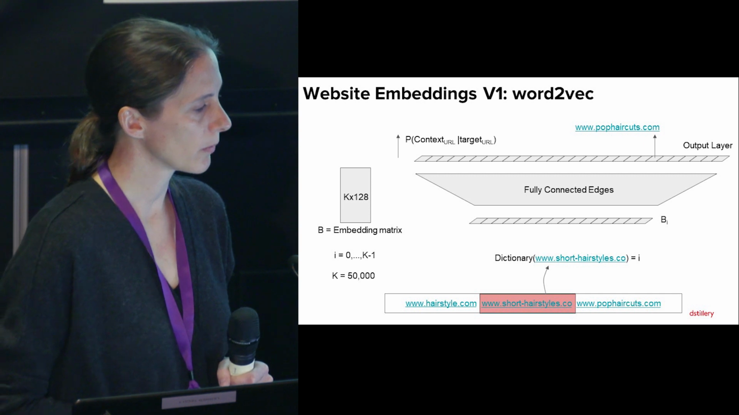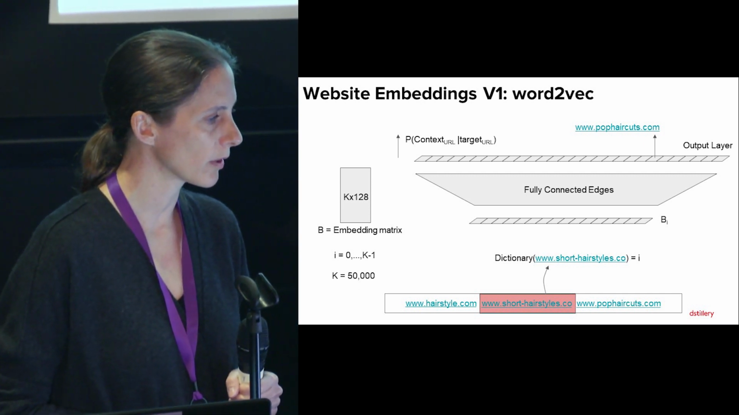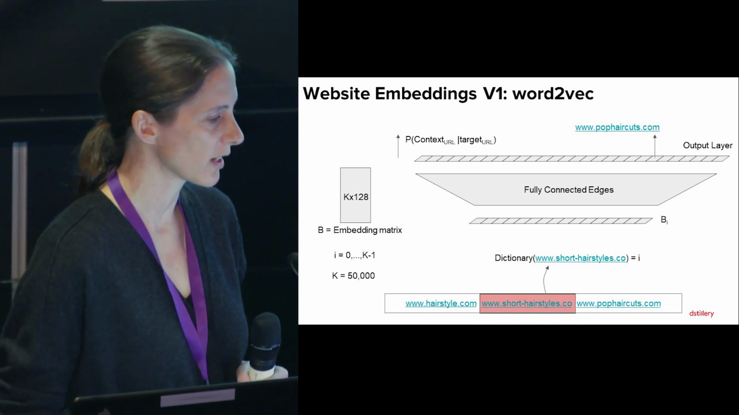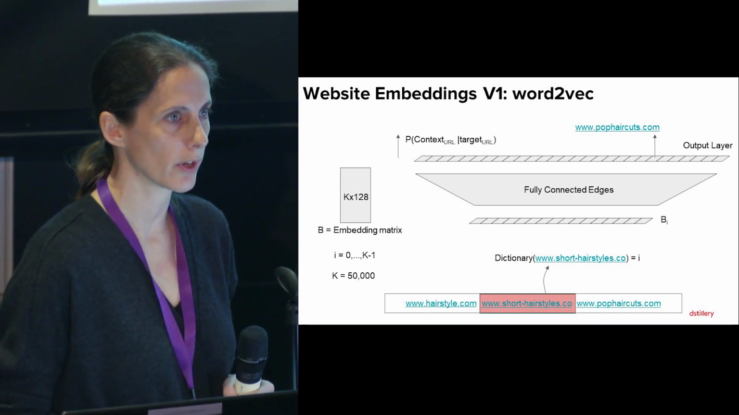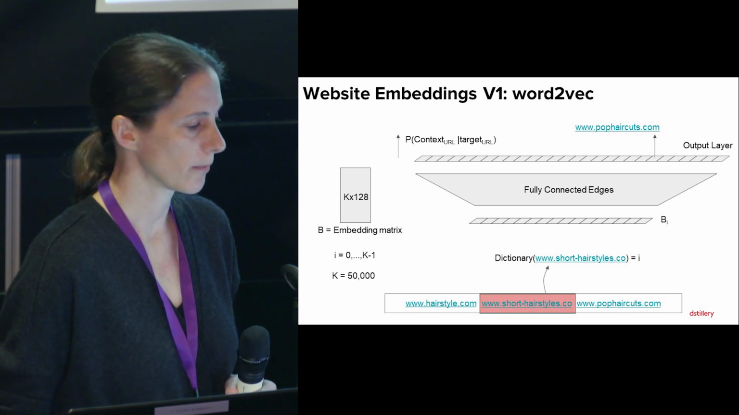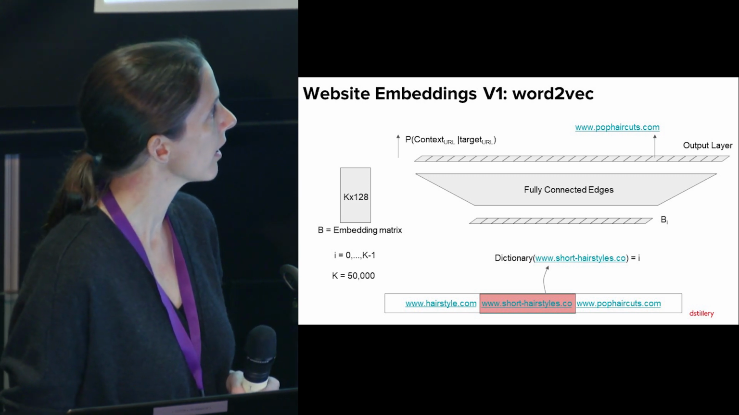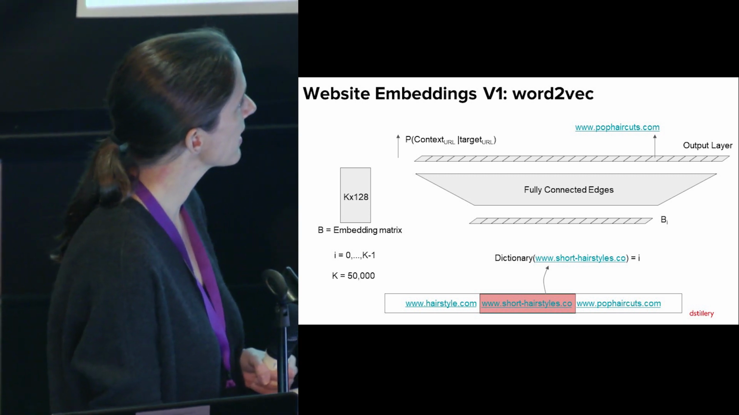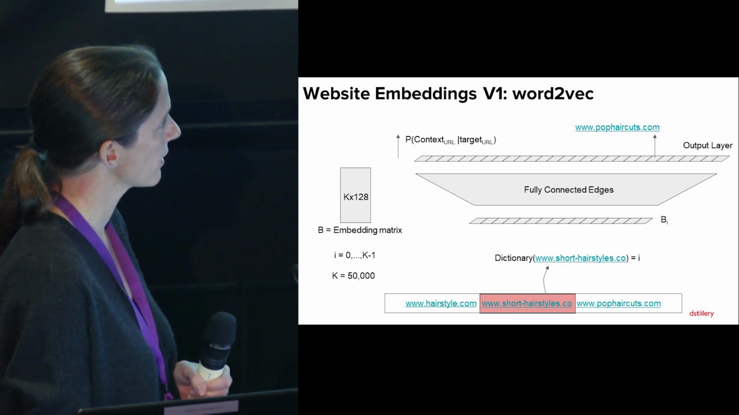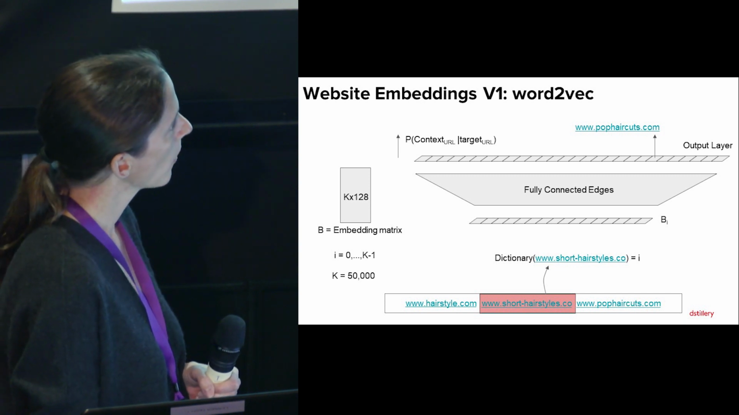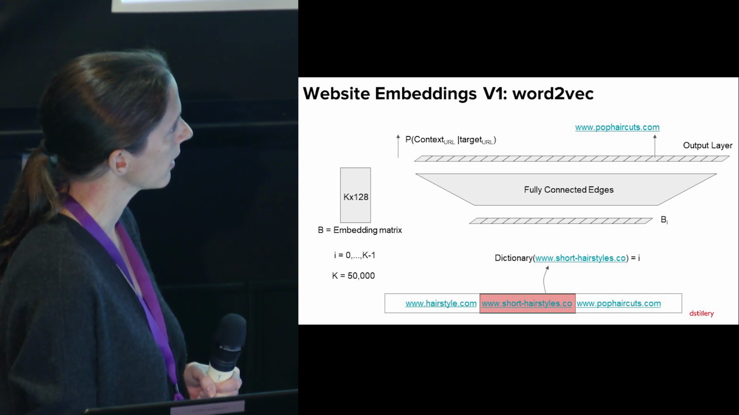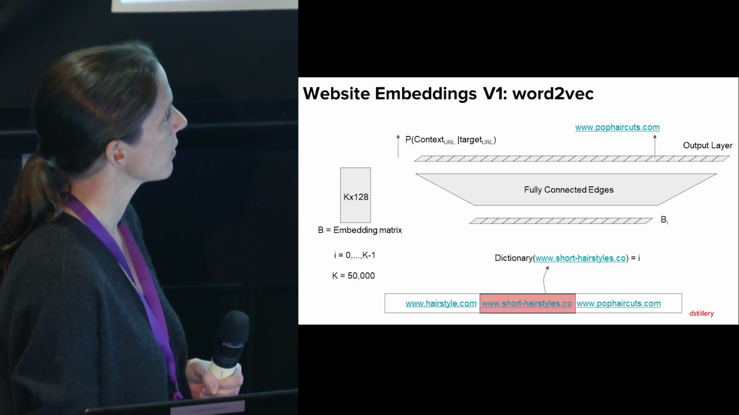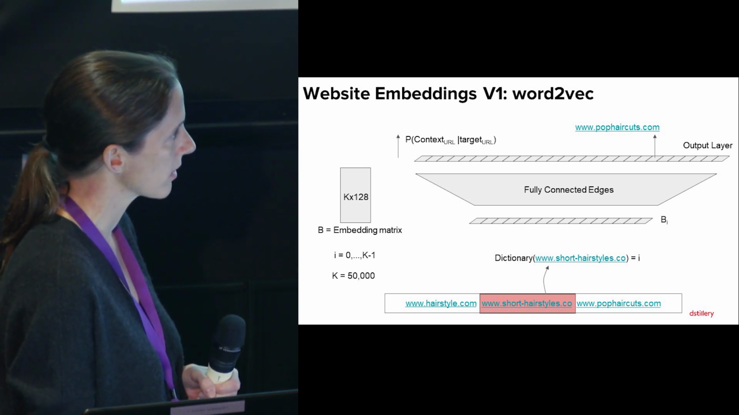So we can train the word2vec neural network to predict a context URL given a target URL. We define context URLs to be URLs visited in sequence, either before or after a target URL. In this example, a user has visited these URLs in sequence. We're predicting from the context URLs, which are hairstyle.com and pophaircuts.com, and